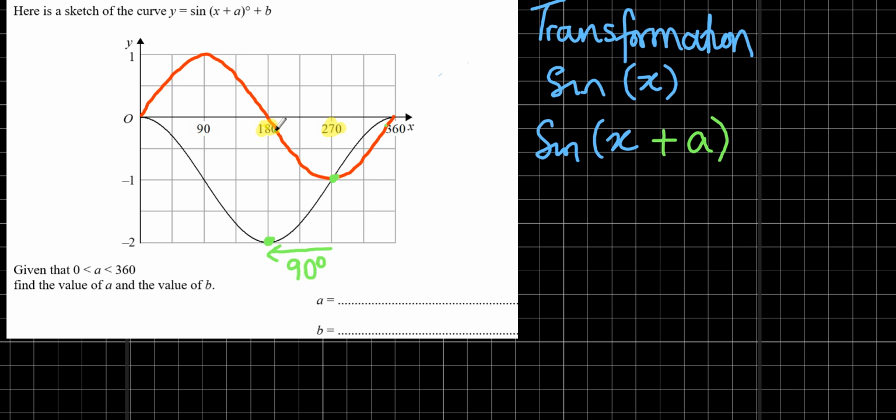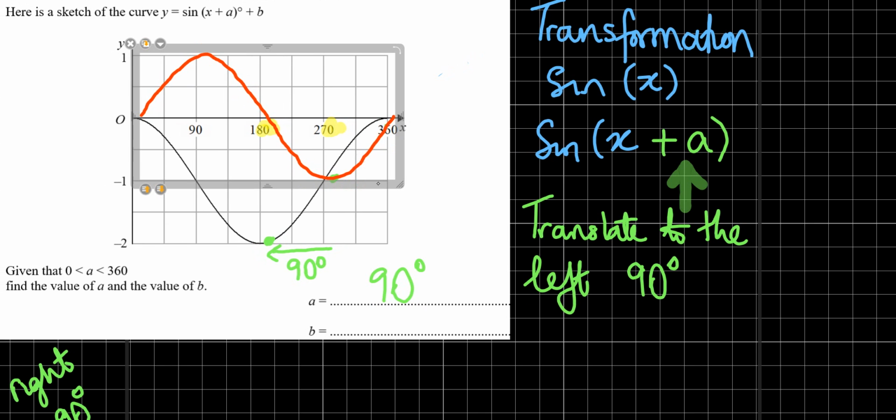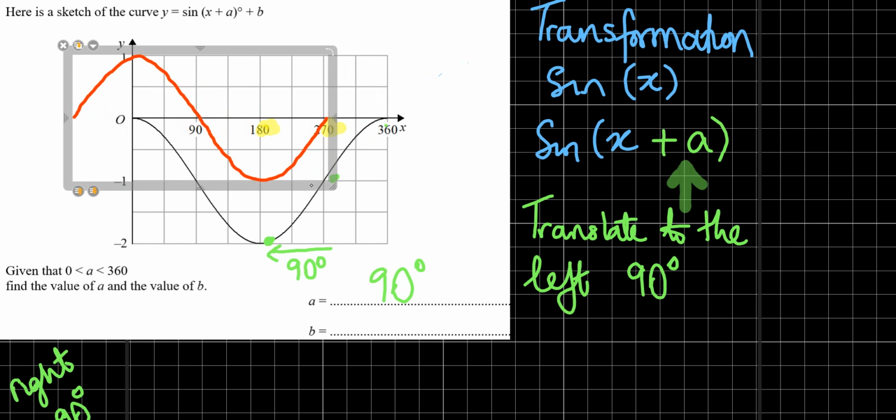Now, if we move a graph to the left, we say that's a translation to the left, and that's 90 degrees translation. If it was to the right, it will be minus 90 degrees. But because it's to the left, we'll say it's 90 degrees. So when we move this graph, we've moved it 90 degrees to the left. So if I move that point, I've moved it 90 degrees to the